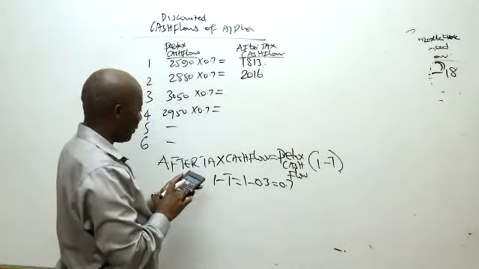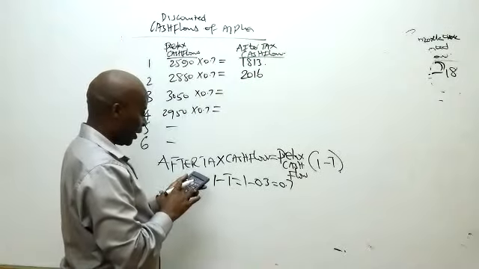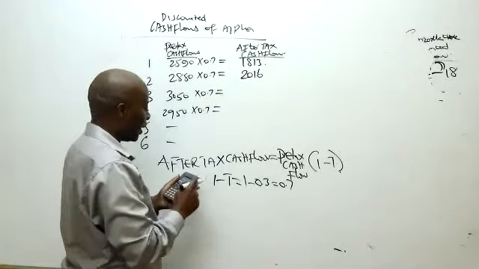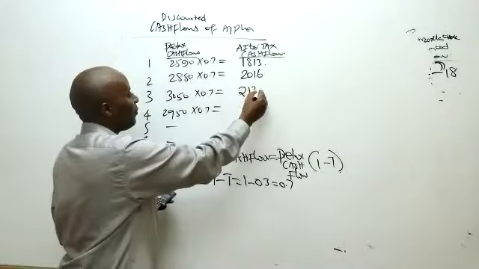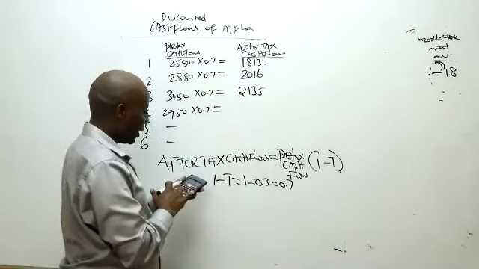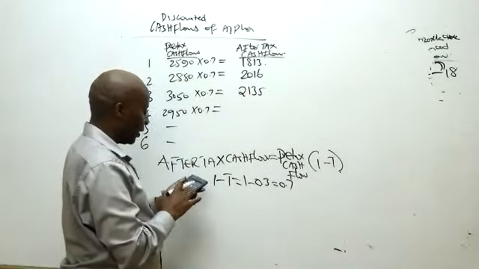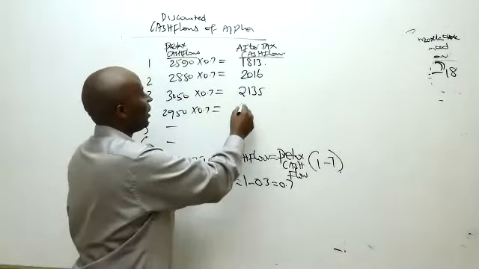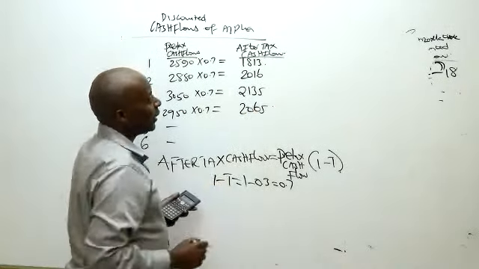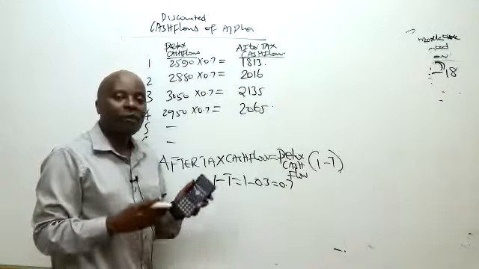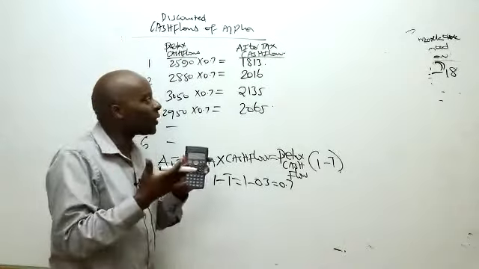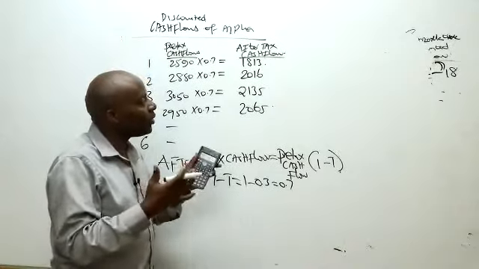From there we have 3050 times 0.7, giving us 2135. From there we have 2950 times 0.7, giving us 2065. Now, having gotten those after-tax cash flows, the next thing, because this examiner wants me to ascertain the discounted payback period,